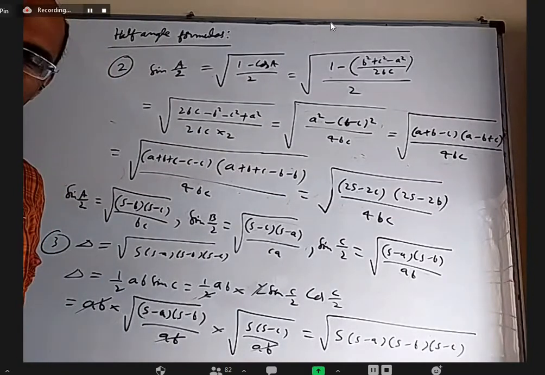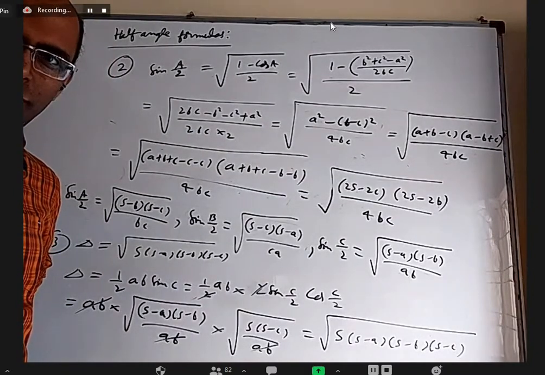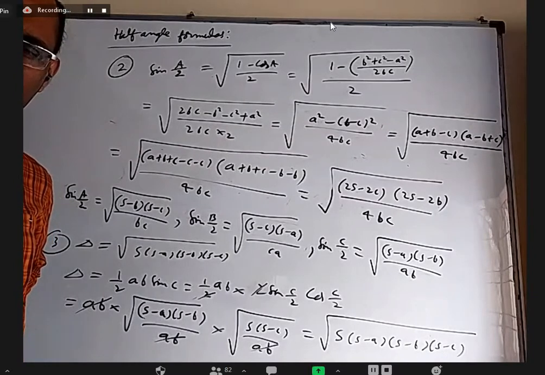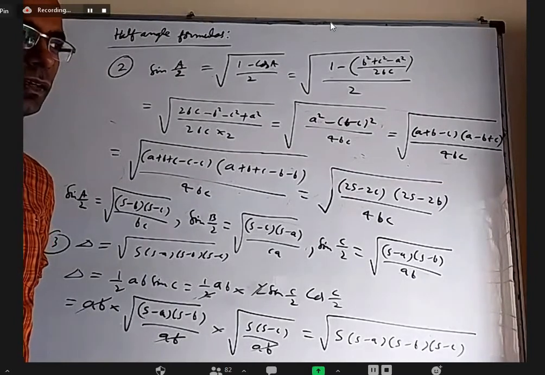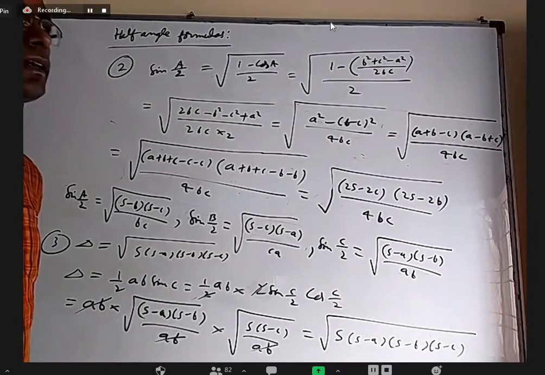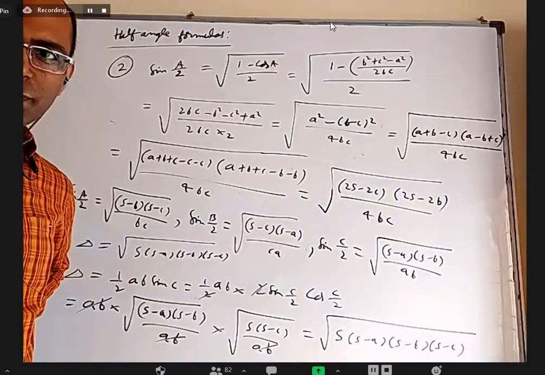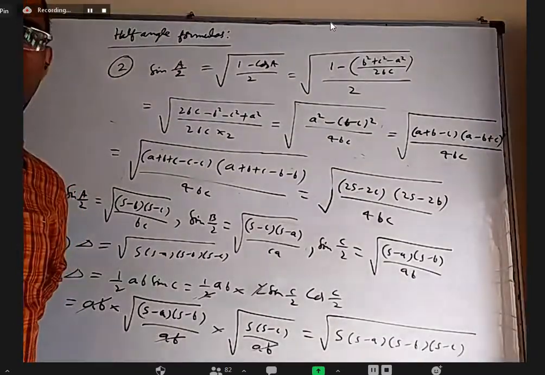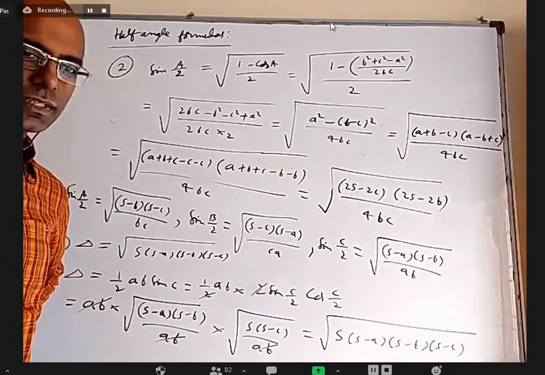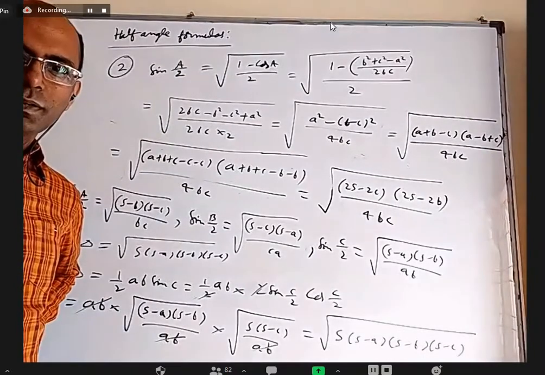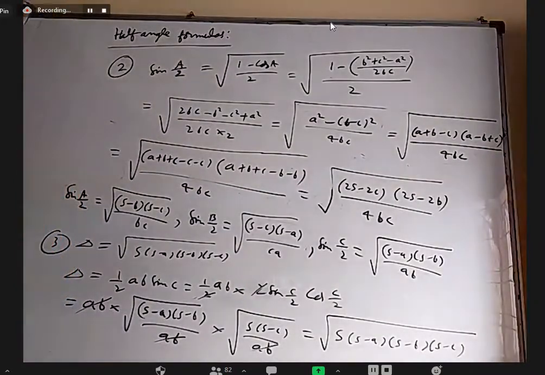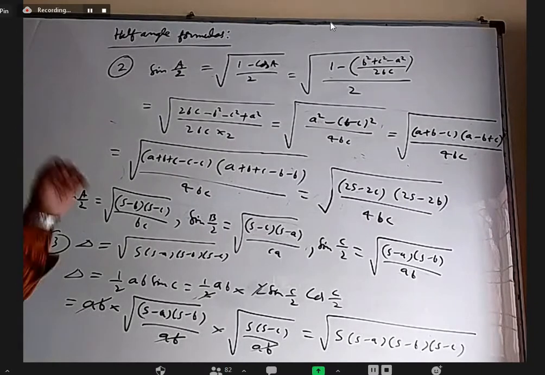Sir, I have a doubt not related to maths. If we increase the speed of the fan, does the current increase? It depends, I don't know how the regulator works. I think whether it increases or not, the amount of electricity you're spending is the same; only it's getting diverted in some other way, I guess. Yes, resistance will be there in the regulator. I don't remember exactly how the regulator works.